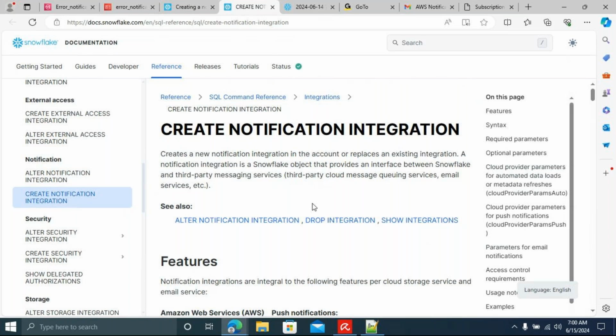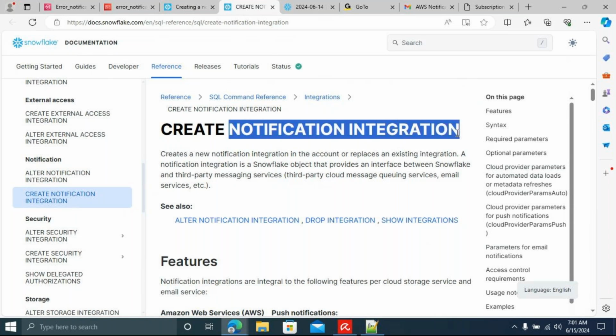In simple terms, a notification integration is like a broker between Snowflake and a third-party message service. It can be SNS, Azure Event Grid, or Pub/Sub in GCP.